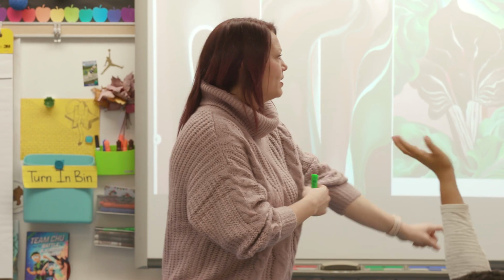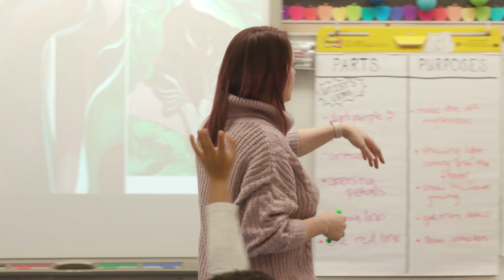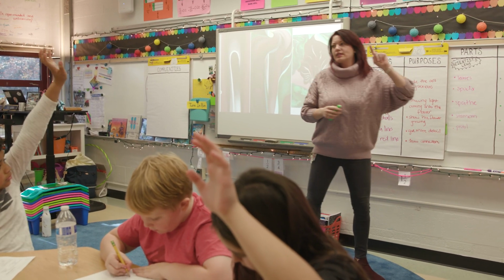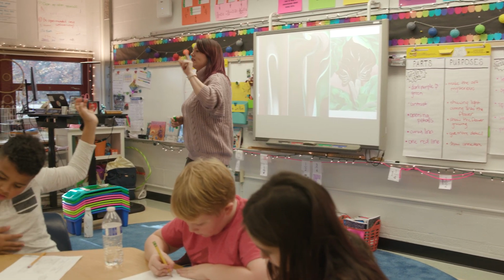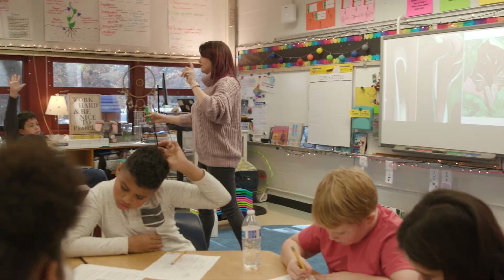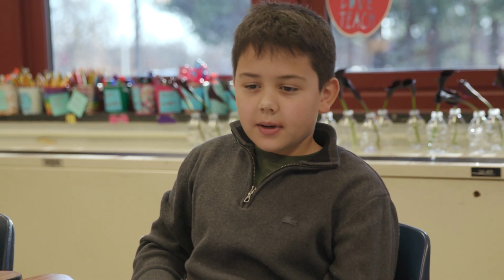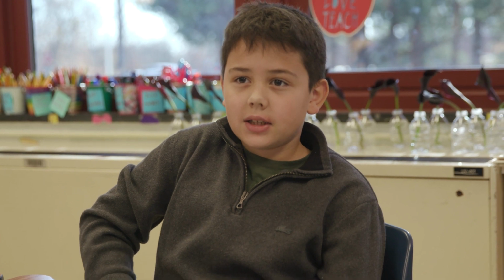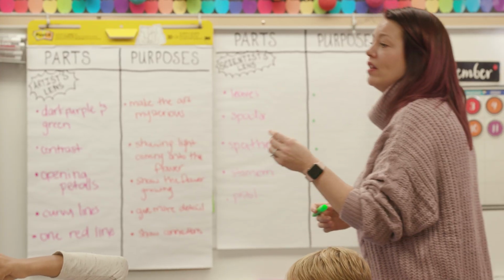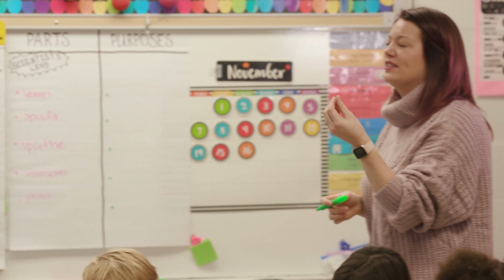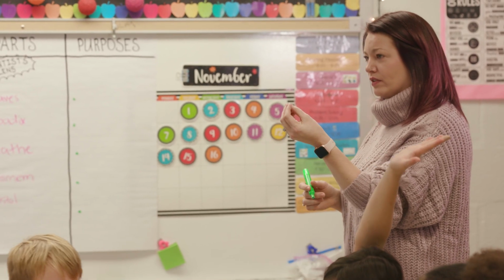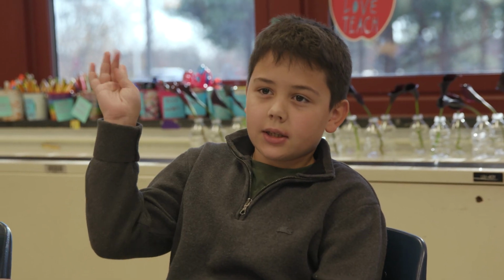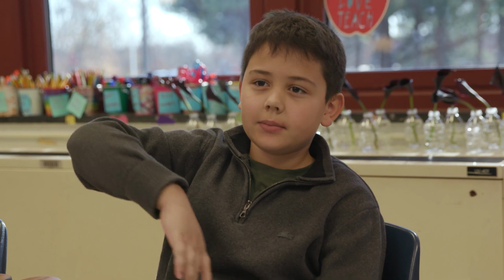So I've listed all the parts that we talked about. Now I want to go one by one. What's the purpose of each one really quick? I want to talk about the spadix because that seems really important. What's the purpose of the spadix? To spread tiny flowers. And what is that? Like pollen. Pollen. So it has the pollen on it. How does it spread the pollen though? The wind blows it and then the pollen flies out. The wind can take it.